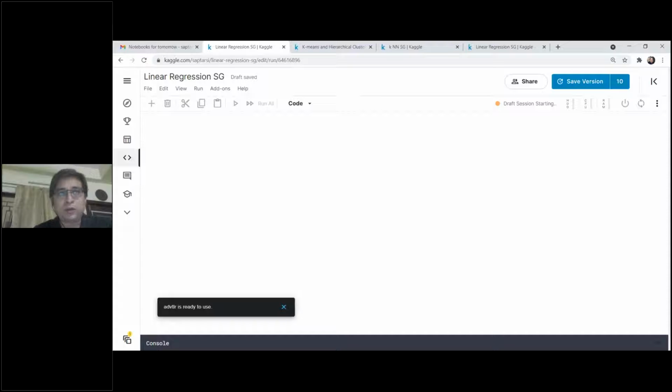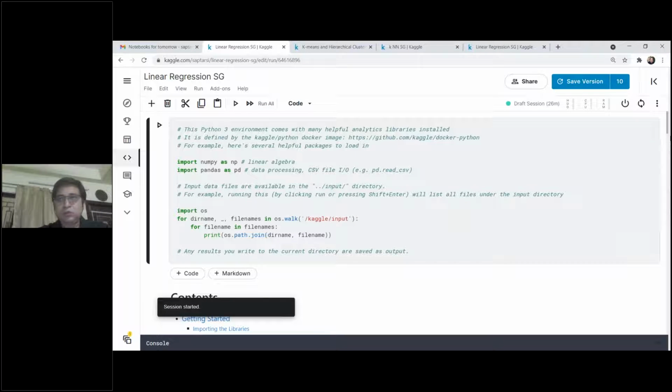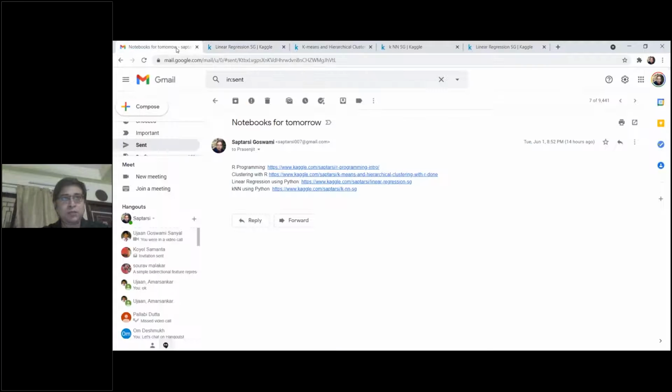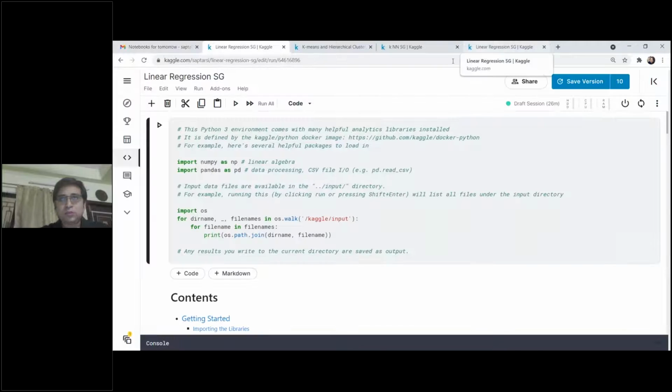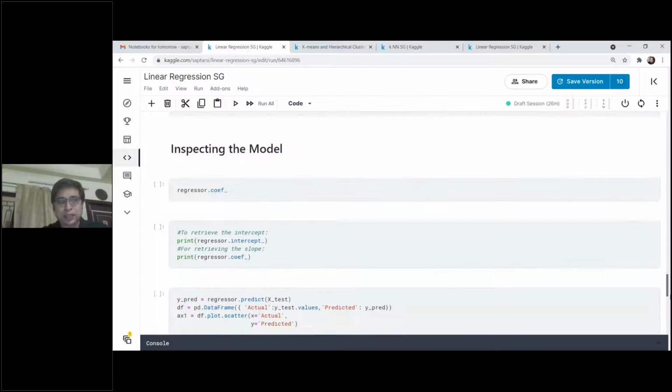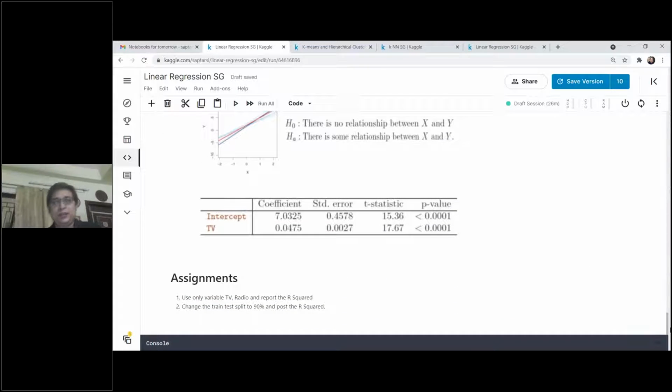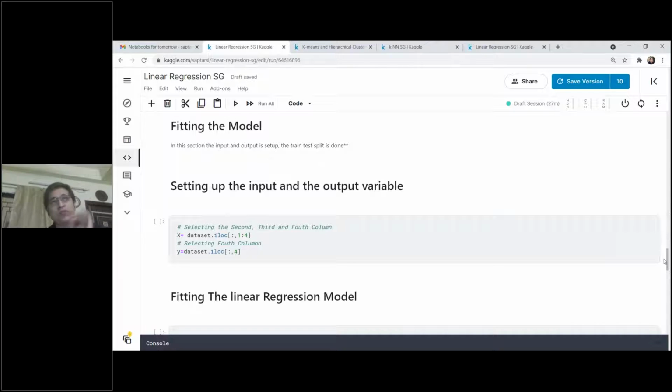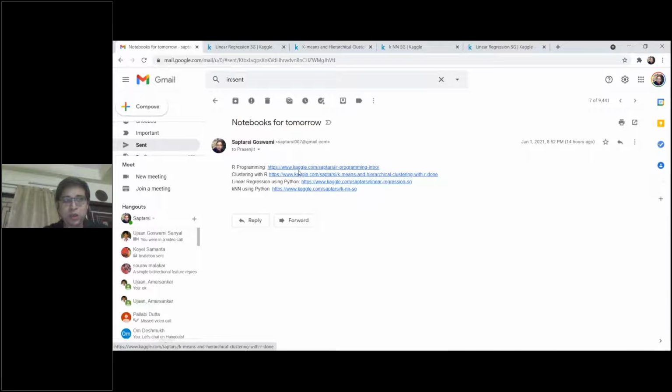Okay. So we are now at the end of linear regression. I actually was at the fag end and was explaining to you how to interpret this. So there are some assignments over here. Those who are really interested, you can do the assignments, and I promise you that if you get stuck, you can put your assignment results in the comment section. I can be late, but I will definitely respond to all of you. Okay. All right. So for the sake of time, let me go to our next notebook,